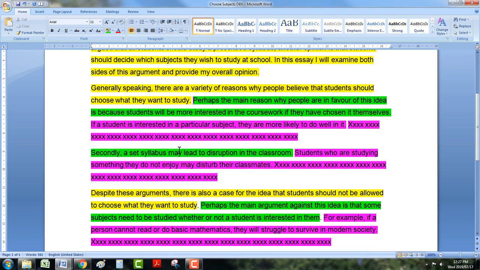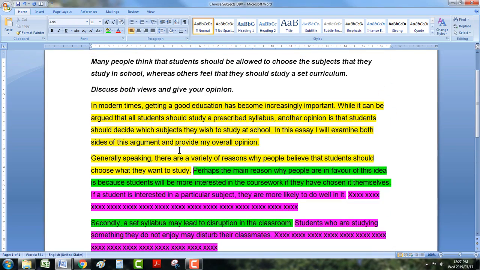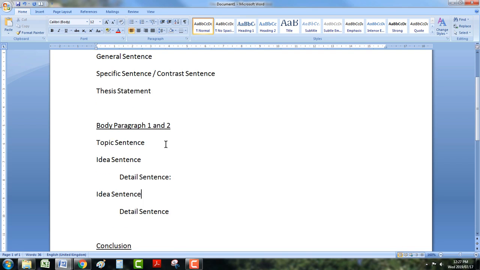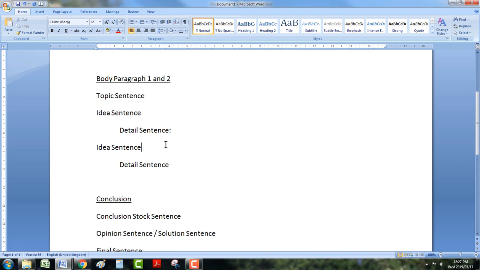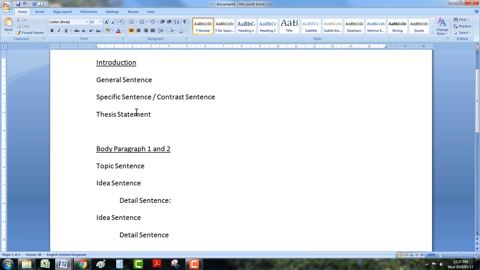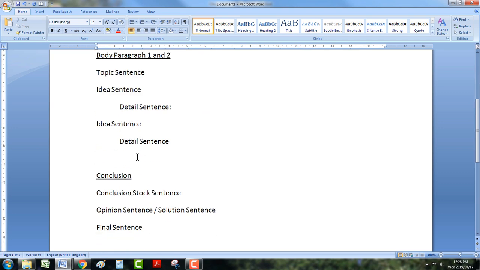So to get back to this, yes, now we've upgraded our structure. It's looking pretty good, but my advice is make sure that you can handle this structure first. Get this really under control first. Get your grammar under control. Get your vocabulary under control. And then start upgrading your structure. If you can't do this correctly, I guarantee you can't do the upgraded version correctly. One of the biggest problems with IELTS is that students who are actually band 6 are trying to write at band 8 level and they end up getting band 5.